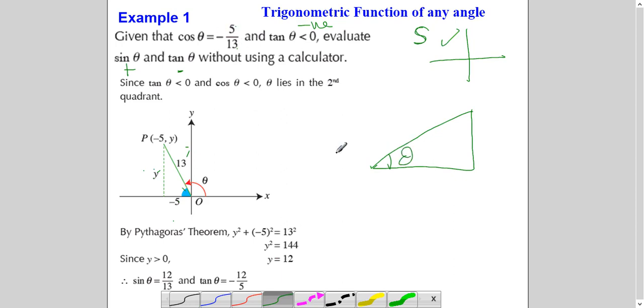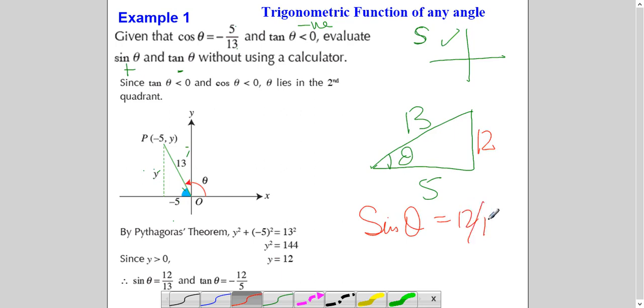Cos is adjacent over hypotenuse. See, I'm not writing plus minus here, am I? No. I'm just using values. This minus sign has helped me to identify the quadrant. Using Pythagoras theorem, I will find out this. After that, I can answer my sine theta. I can answer tan theta. Tan theta is 12 over 5. Now I will see what sign I will put here, because there is no plus minus here like it was here. So I will see, okay, my answers are in the second quadrant. So the sign will be plus, let it be like this, but with tan, put the minus sign.